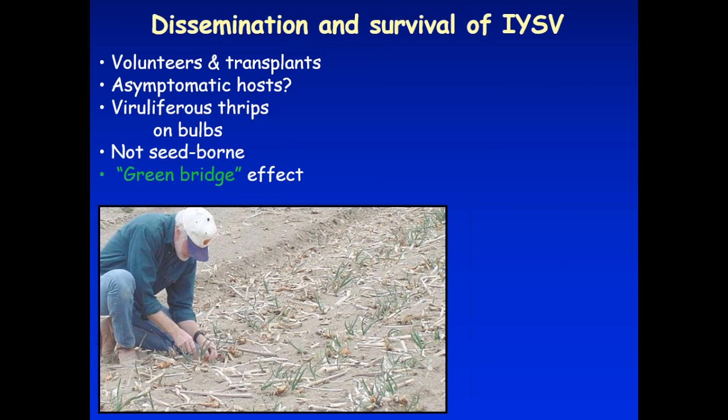Onion seed production is biennial. We know that in some cases, like Allium fistulosum, is grown as a perennial for seed production. That's Japanese bunching onion. You'll keep it in the ground for 2 or 3 years. In the spring, when those new shoots grow out, the thrips can survive over the winter on those shoots.